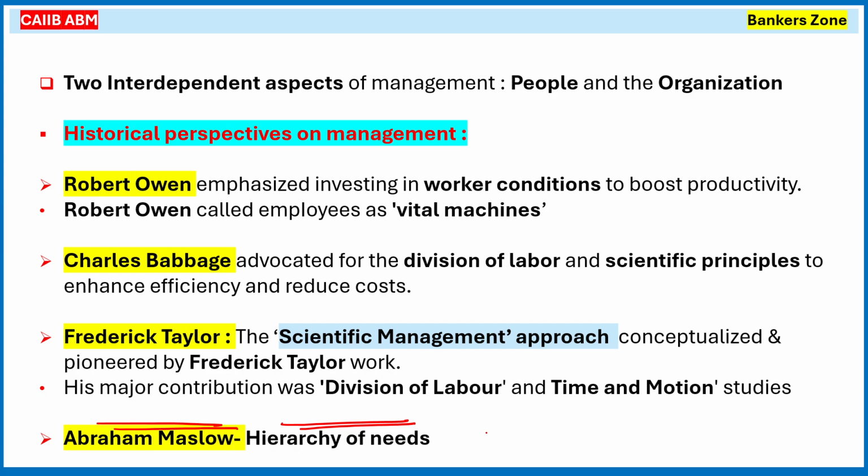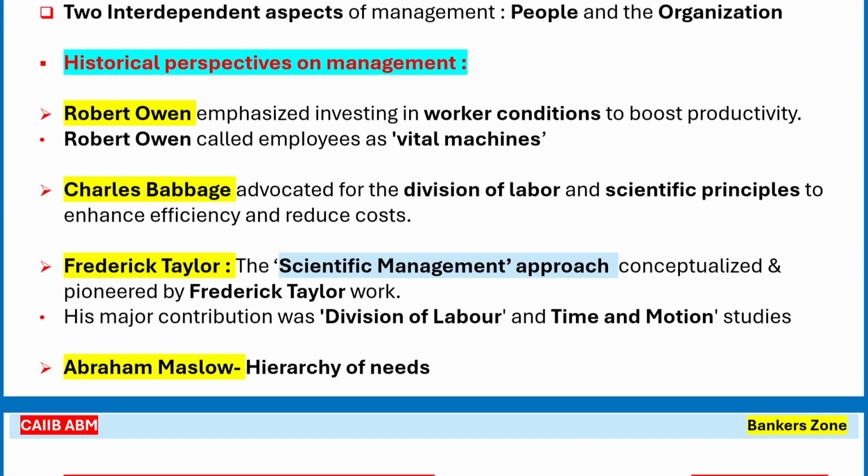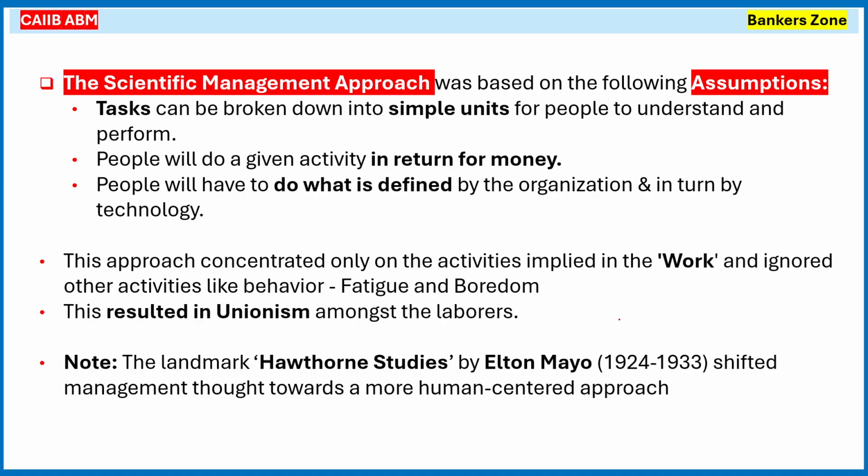Meaning what? Basically, what are our priorities of needs? For example, we need food, then we need shelter, then we seek a job, then we seek self-respect. So these are different types of needs explained as per the hierarchy. Once the first need is satisfied, people can seek the second need, then the third, like that. Very simple. Next is the scientific management approach.